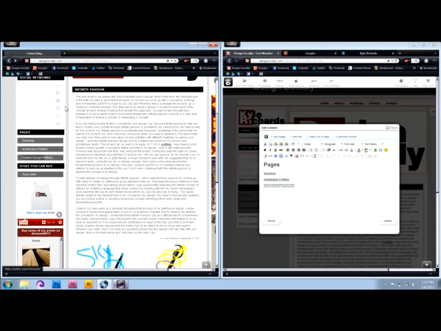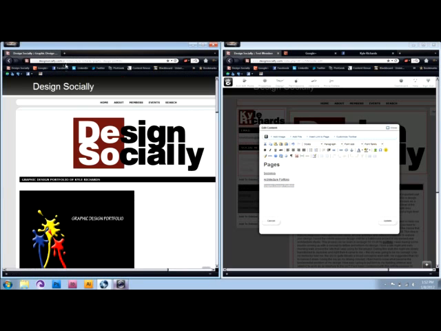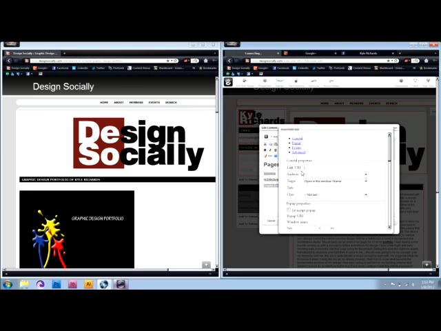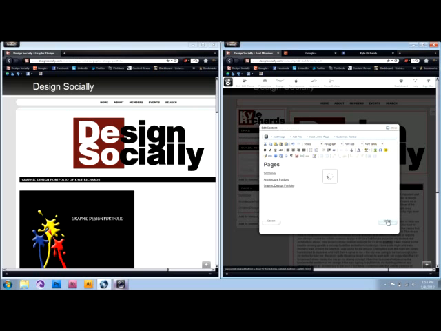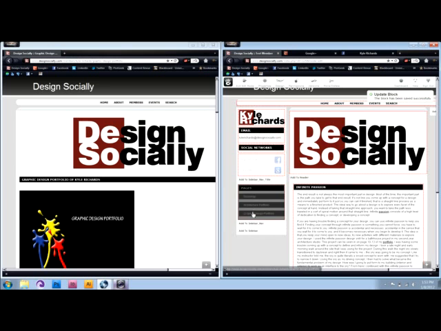I'm not sure if this link is going to work either. Okay, yeah, this one works. So we'll copy that, come back over here, click on the link, put that URL in, and then open in the same window, and this one is graphic design portfolio. Say insert. Alright, now if we update this, it shouldn't show those highlighted because we put it in